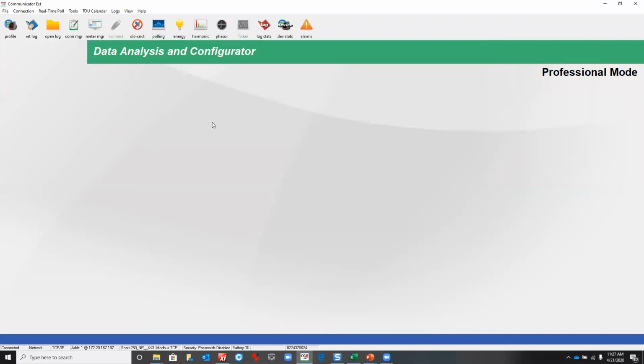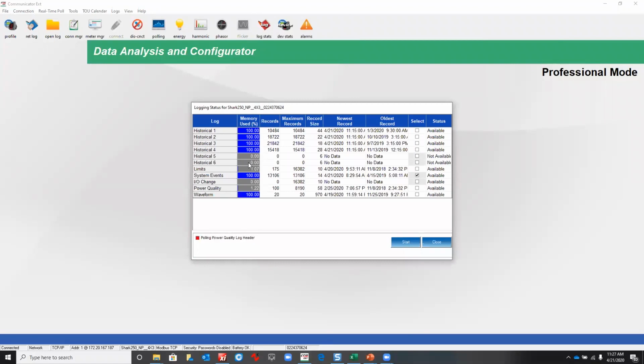So we were talking about retrieving logs. One of the things I like to look at is the status screen that basically gives you an indication of what type of information you have in your trending, and this historical log at 100% all the way down to the first four means the meter has filled up its buffer. Basically, it's first in, first out at this point. But you have data going back to January 3rd, 2020, to 4/21, which is this morning at 11:15,